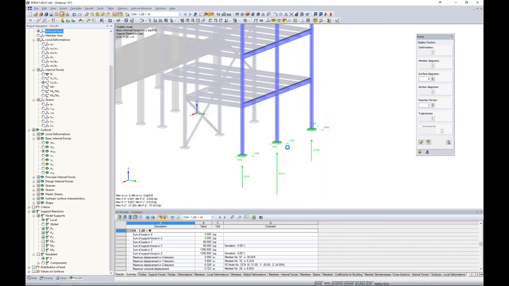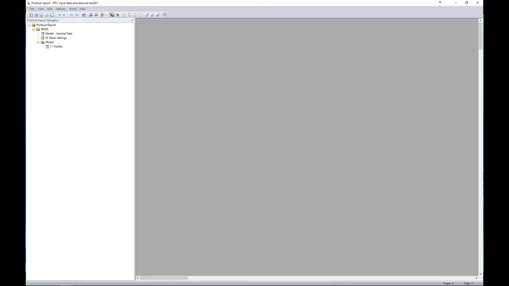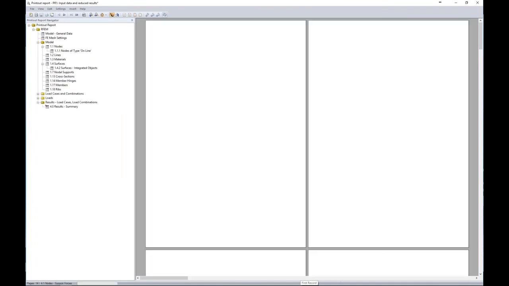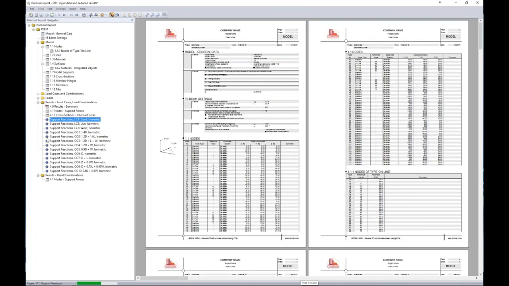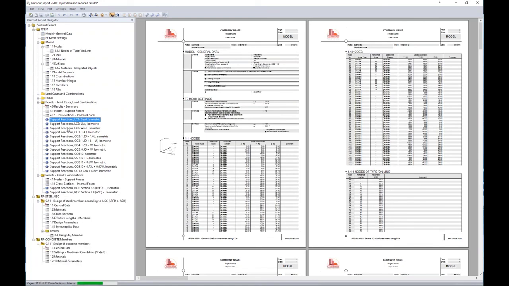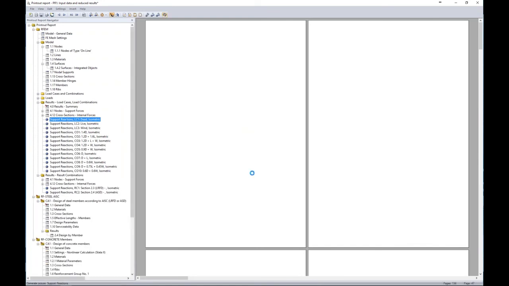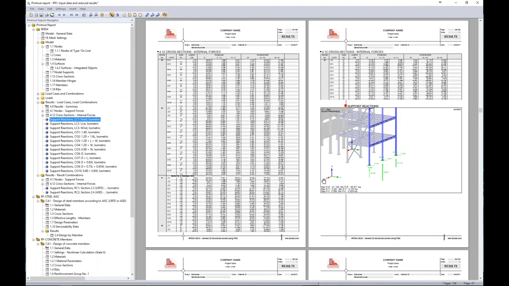Well, when I click OK, what the program's going to do is take this exact view that I'm looking at here, and it's going to cycle through all of the different load cases, load combinations, and result combinations to show me my different support reactions in all of those scenarios. It's going to automatically create those pictures, export them here to our printout report, and now you'll notice I have this little list here in my table of contents of my support reactions. If we zoom in, once this loads,